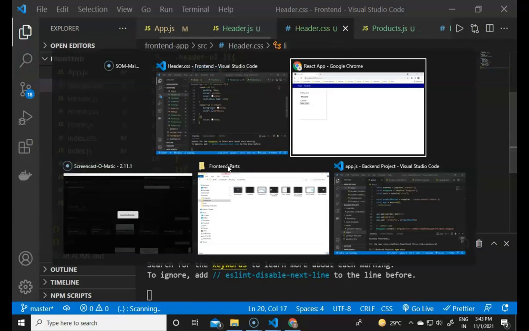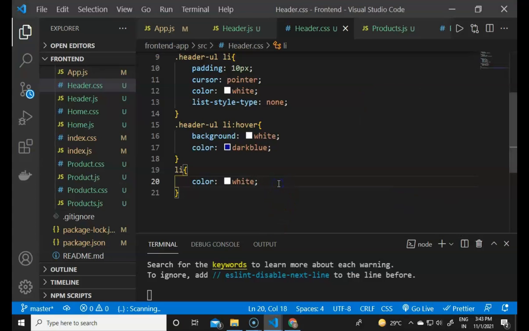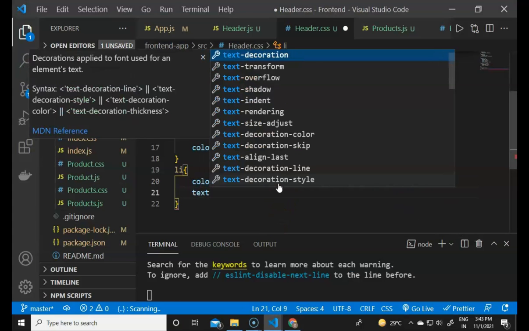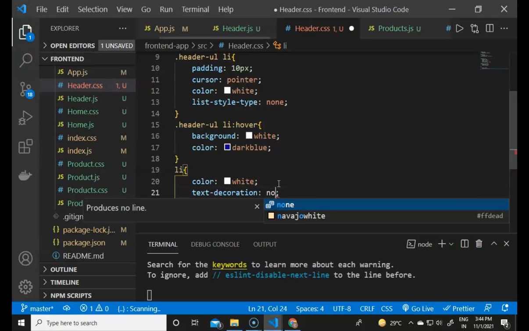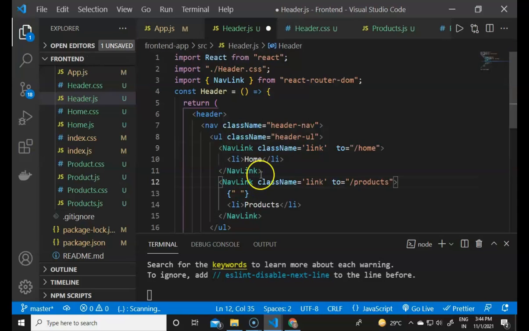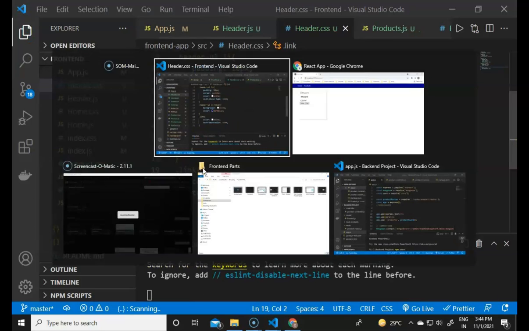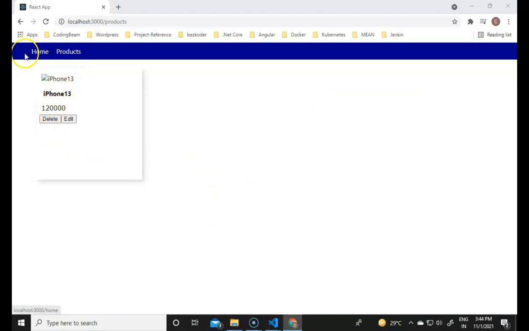If I save, then I should see the color equal to white, and the text decoration of the li will be none. Now if I provide a class name to it, like link item, or just link, and it will also contain the class name as link. If I define the style for it, like the link here, and it will be the class of the link, and I save, you will see now the products is equal to this.